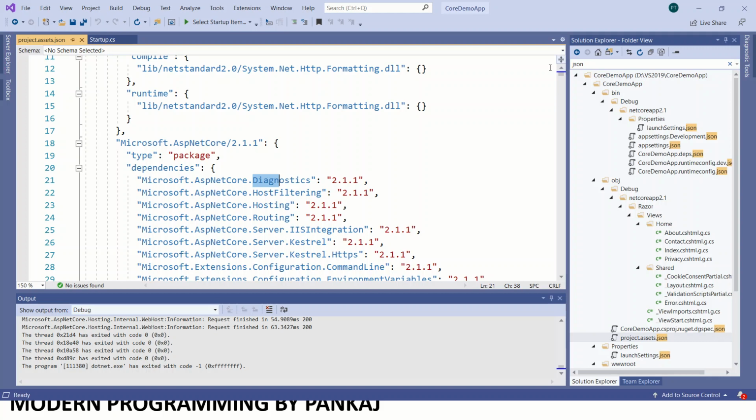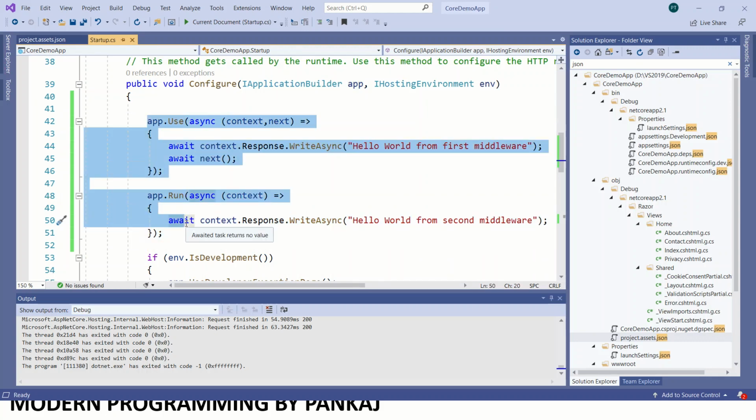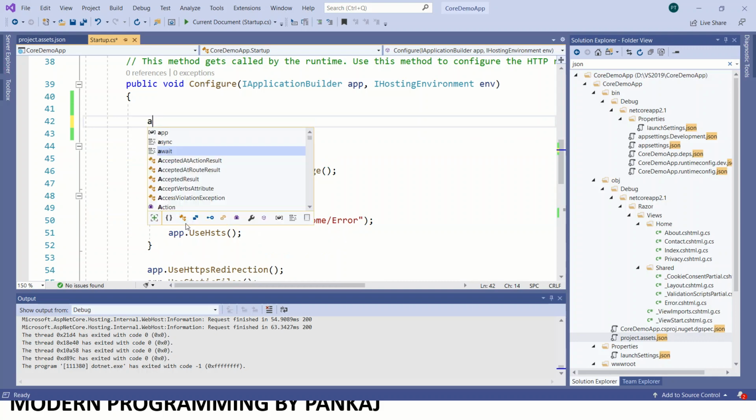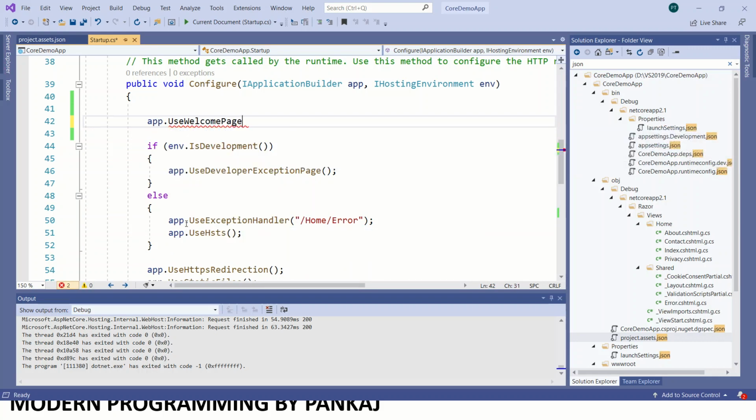We have developer exception page middleware, exception handler middleware, status code page middleware, and we also have welcome page middleware. Suppose you want to add welcome page middleware. I'll remove this, and we'll try to use app.UseWelcomePage. And now if you run this application,